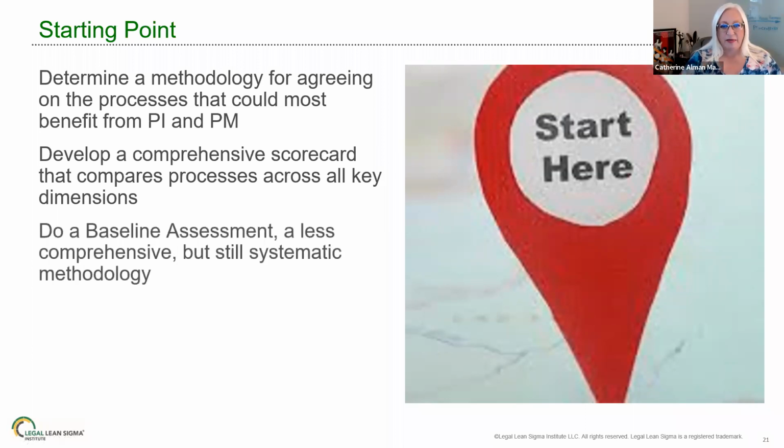Agree. There's so many ways to measure what's going on. If you really don't have an organization with a massive appetite for using data, even just doing something simple in terms of a baseline assessment, and by that we mean understanding process capability.